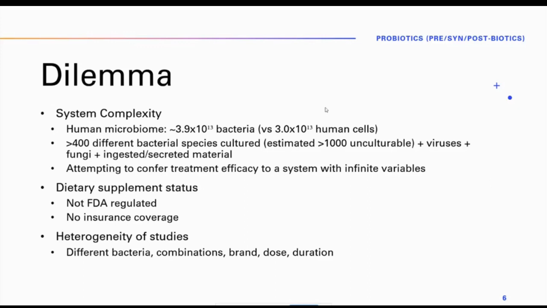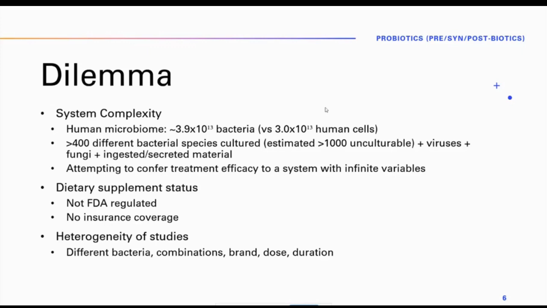And whenever we think about the different types of species that are there, that's a little bit mind-numbing as well. There's been greater than 400 different bacterial species that have been cultured, but it's estimated that may only be 20% of the bacterial organisms that exist within our gut. Maybe more than 1,000 that we haven't cultured yet. Plus, our intestinal lumen can contain viruses and fungi. And then there's also ingested and secreted material that are produced by our GI tract. And so this is a really complex